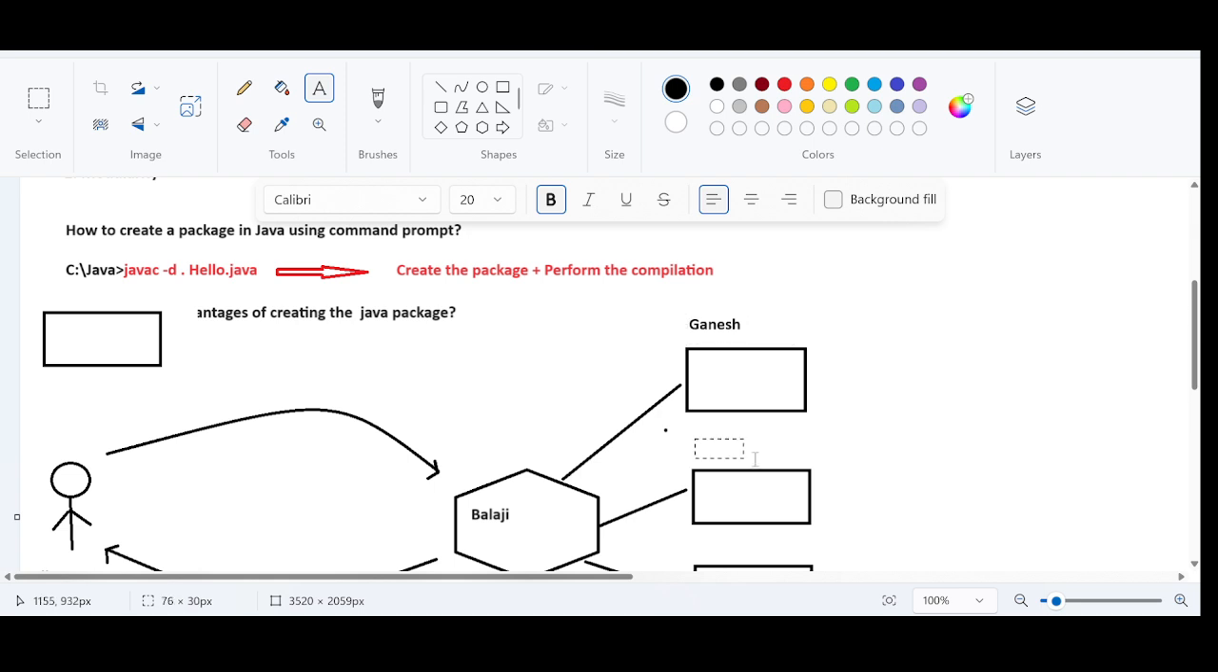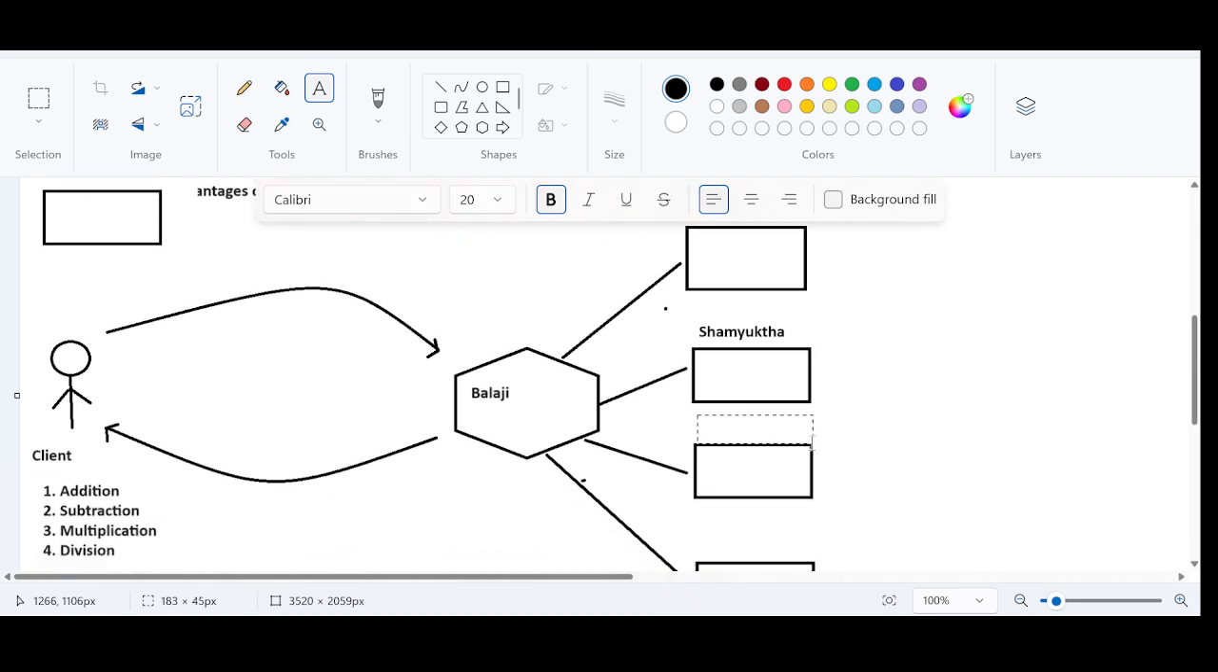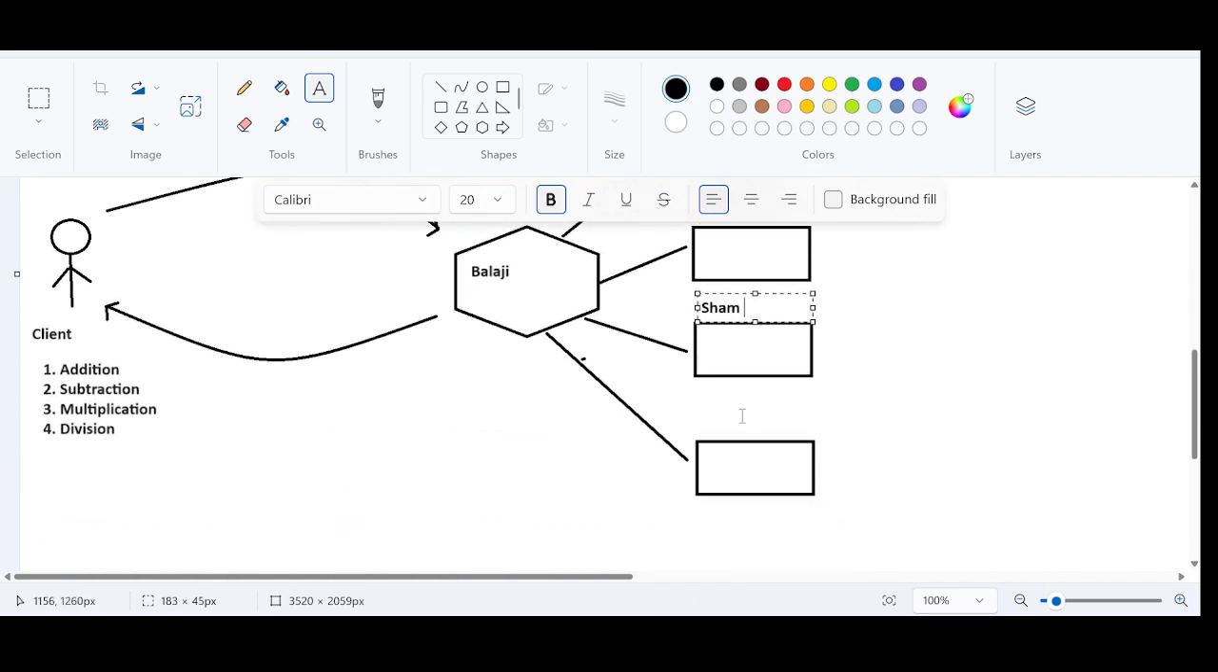Module 2 is being handled by Vikta. Module 3 is Shyam. Module 4 is, let us say that,